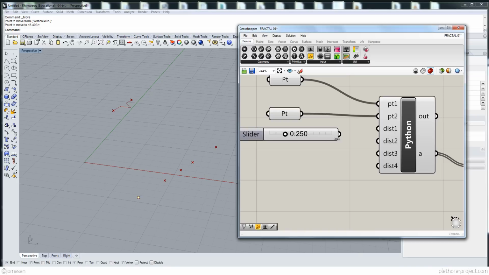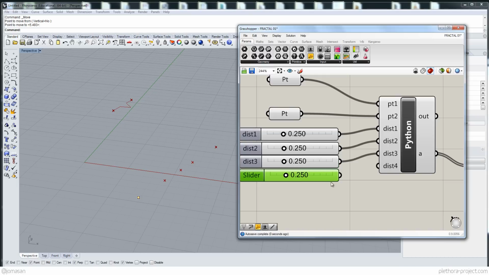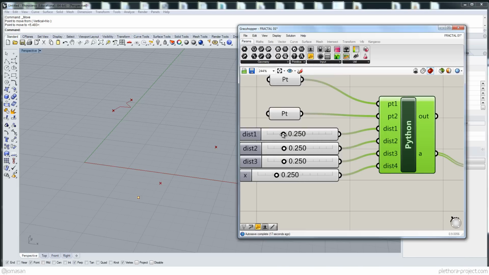Because this slider is gonna be between 0 and 1, these are perfect already to just work with the control that we need, right? So let's plug this in to have some control here. And then instead of the ratios, we can say here distance 1, distance 2, and distance 3. Okay, it works. So now this is going to be 2, this is going to be 3, right? And the fourth one, it's empty still,